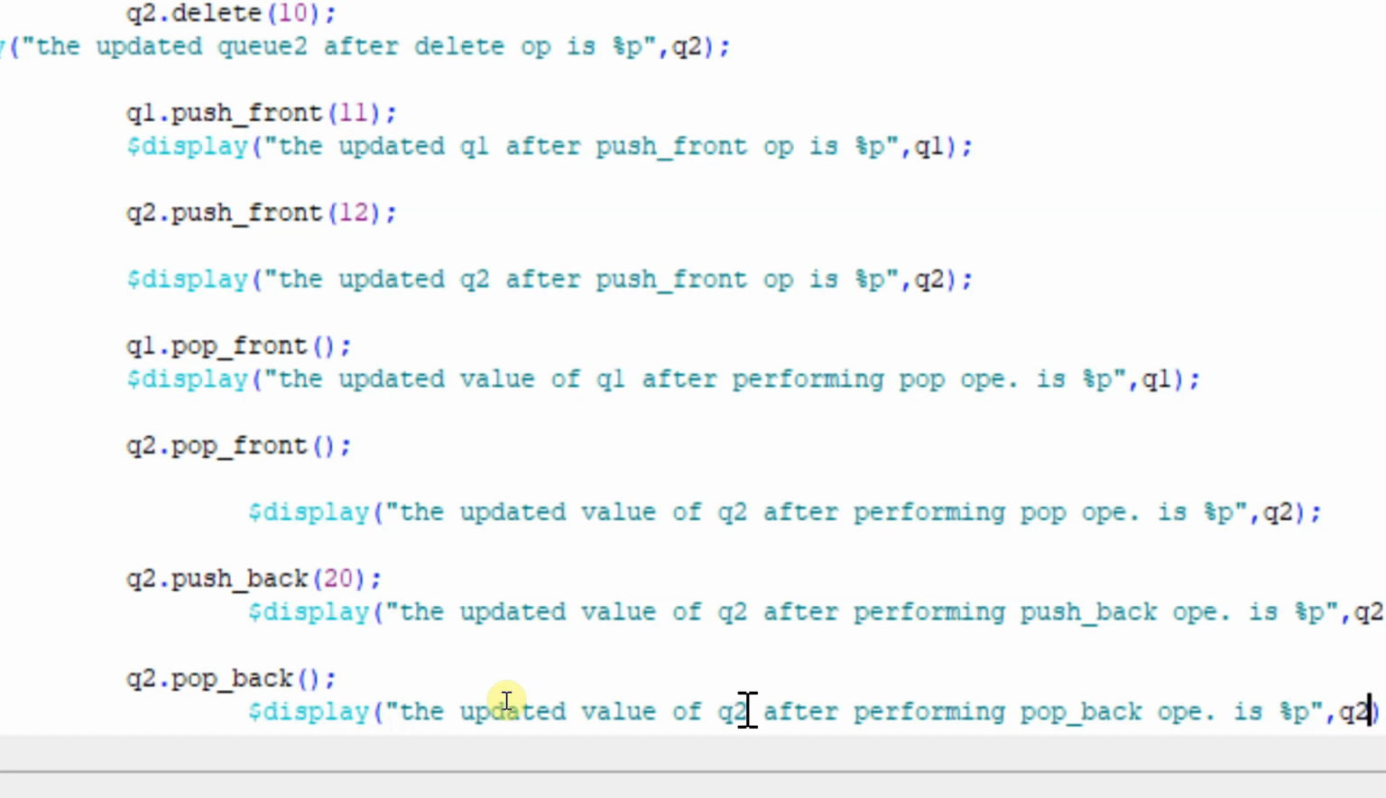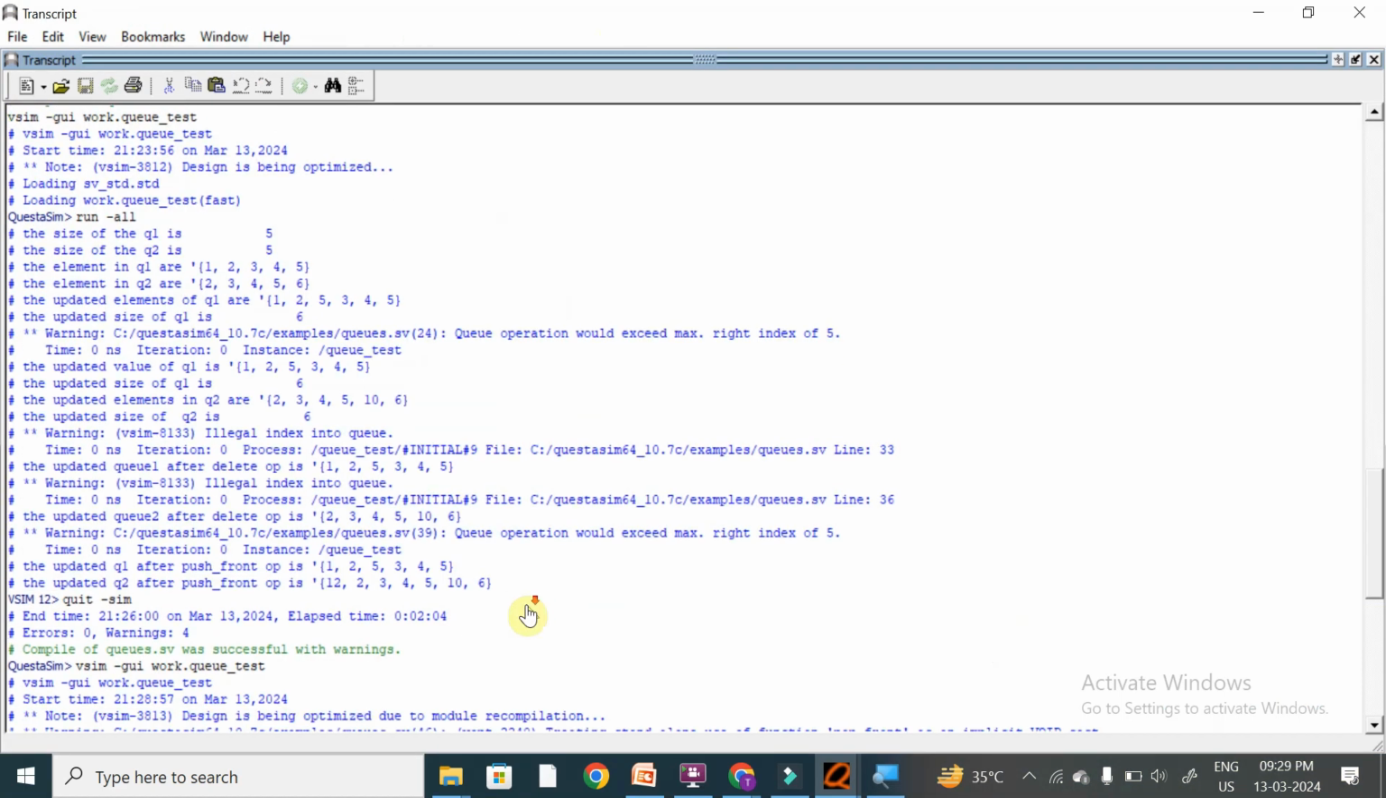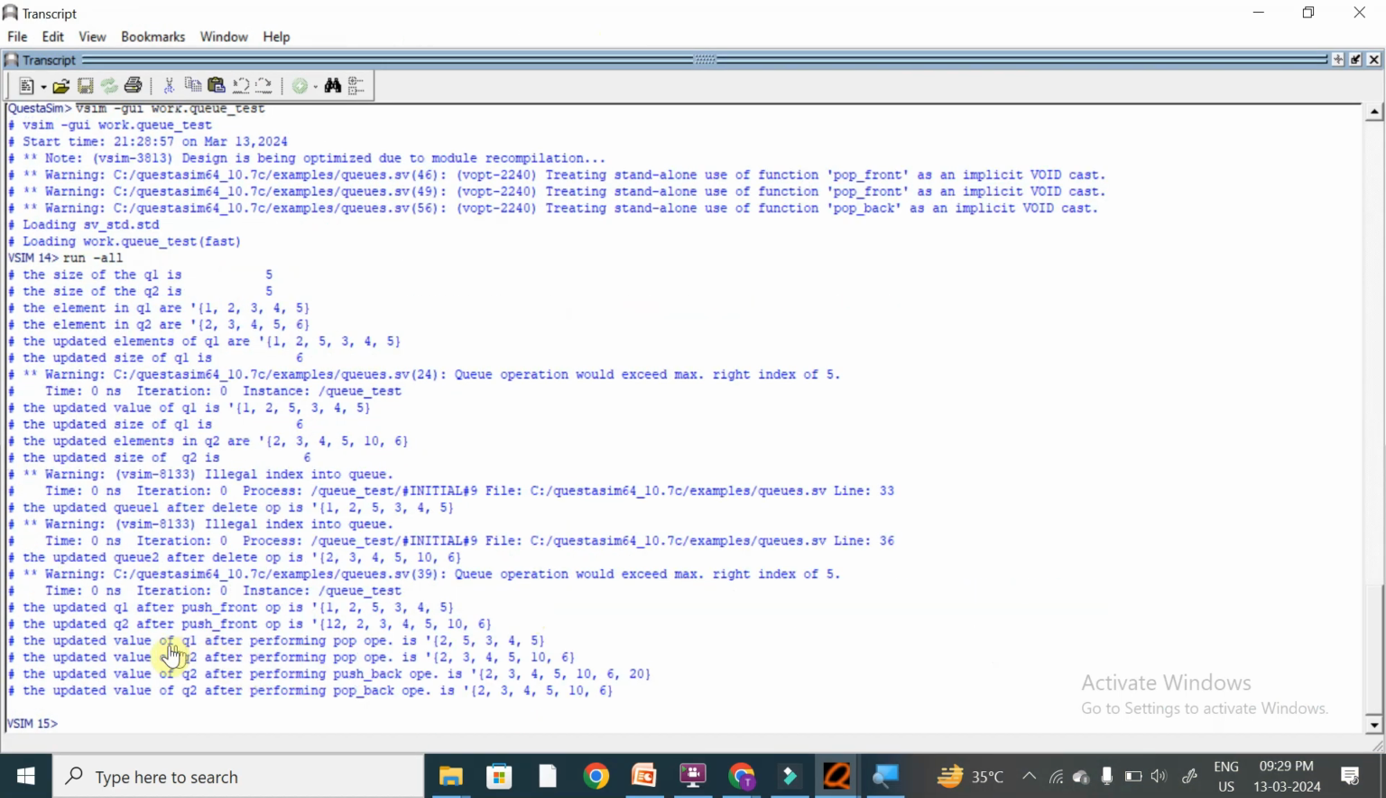So let us see what we are getting at the output. We can see the updated value of q1 after pop operation is 25345. Before popping out, the initial value of q1 was 1254345, and after removing 1 we are getting 25345. And when we are performing pop_front on q2, the element 12 is being removed from the queue, and we are getting